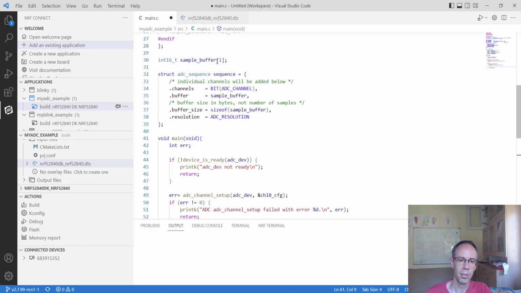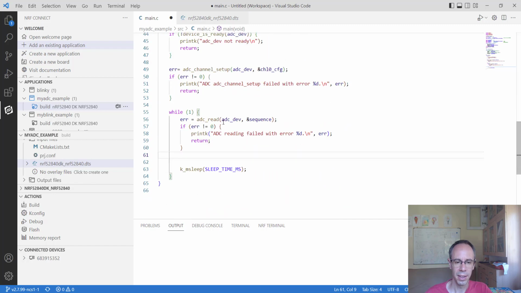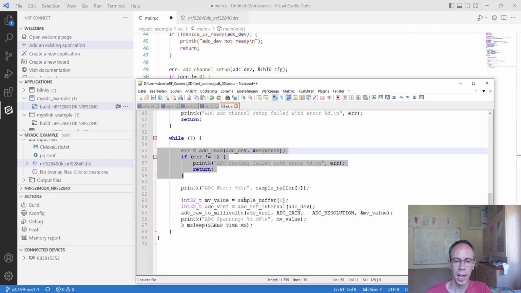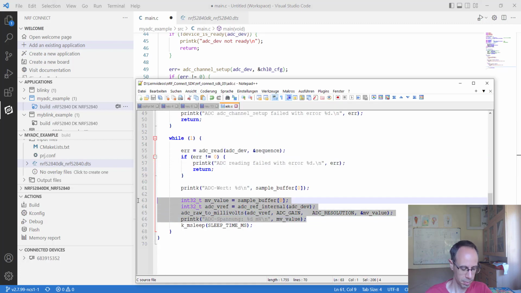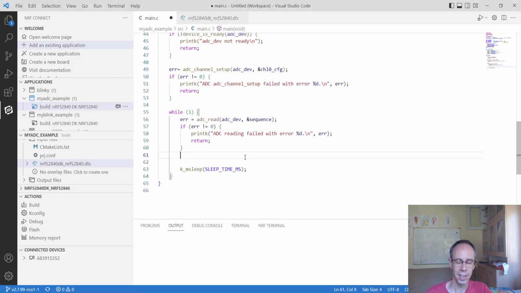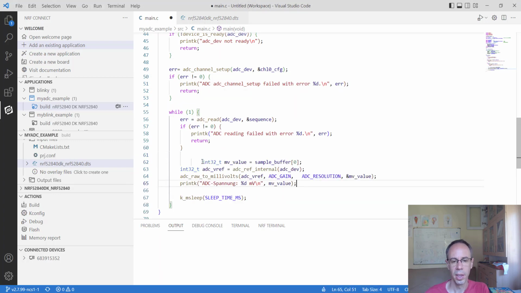And now with the value, of course we're having the integer value directly, which we will print out, so it's in the sample buffer at